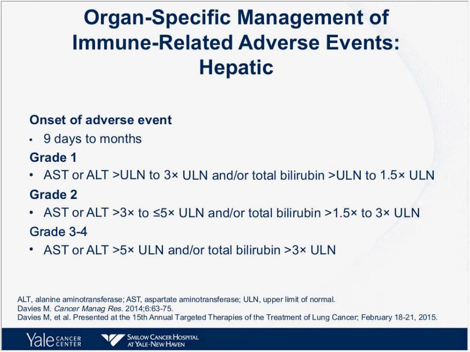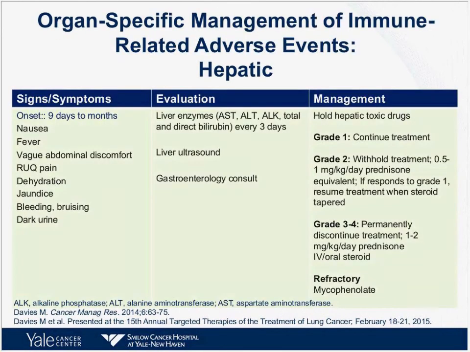Grade 2 is 3 to 5 times the upper limit of normal. And grade 3 to 4 is 5 times the upper limit of normal. As I mentioned with renal, this is oftentimes a paper toxicity as well. Patients typically are asymptomatic here. However, they may develop some nausea, fever, vague abdominal discomfort, right upper quadrant pain, and certainly if it progresses, could